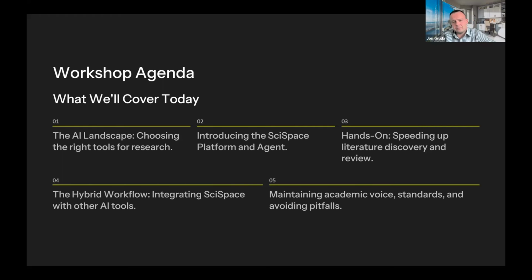There are many features, and many of them we will not be able to cover today because there are just that many. But I'm going to talk about the most important ones, as in the most useful ones to me. You might find some other aspects of it more useful to yourself, and that's totally fine. And I was happy to see that most of you are either writing a literature review or writing the papers, the actual writing part. So hopefully what I'm going to be talking about today will be useful to you as well. The hands-on part is to walk you through the literature discovery and review part that SciSpace can really help